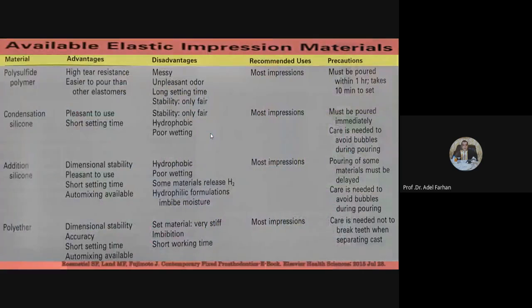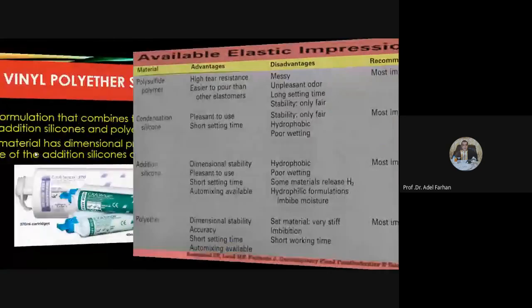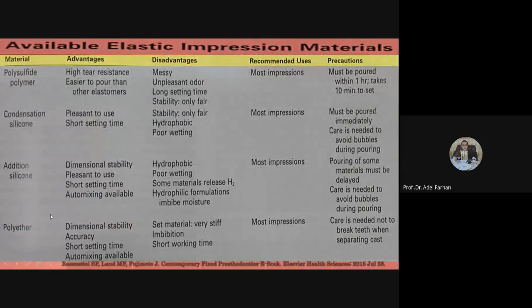طبعا الاستيك امبريشن ماتيريال مثل ما نشوف هذا ملخص للماتيريال اللي نستعملها بالاستيك امبريشن. وي هاف بولي سلفايد، كوندنسيشن سيليكون والاديشن سيليكون. اوكي، and we have البولي ايثر. now we have vinyl polyether اللي هو combination of silicone and polyether. طبعا all these material, most of these are as we say hydrophobic except polyether. البوليثر is hydrophilic material. طبعا كل واحدة بيه advantage و disadvantage